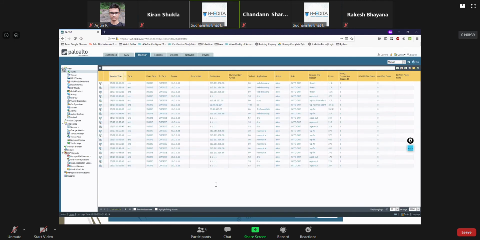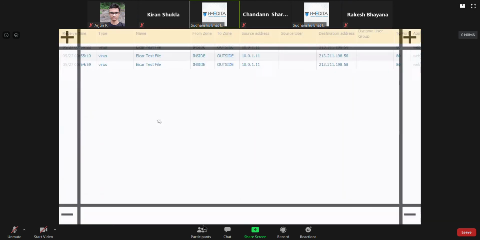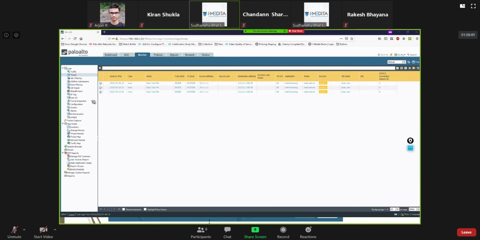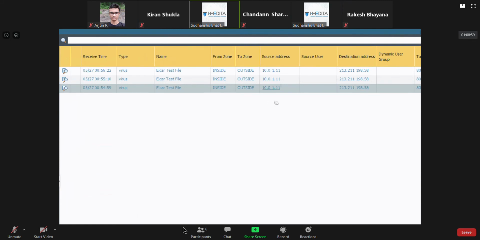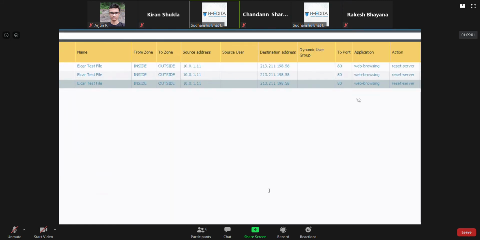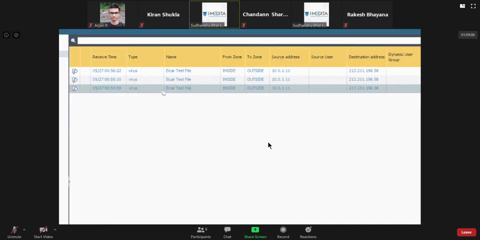This log will be generated in the threat logs. I tried to download this earlier even, so you see here we have this log generated. This particular address was trying to reach this destination address through web browsing. They were trying to download a virus file.